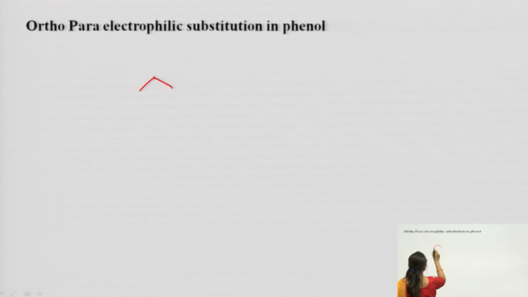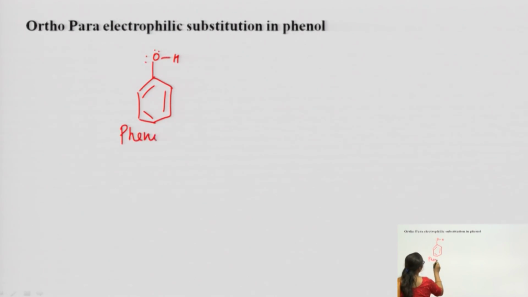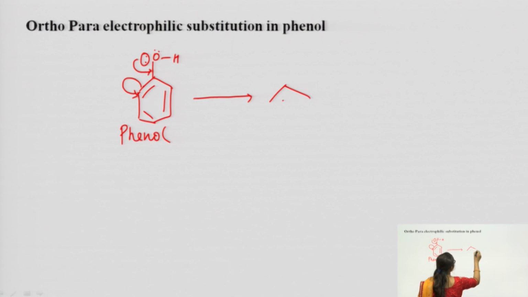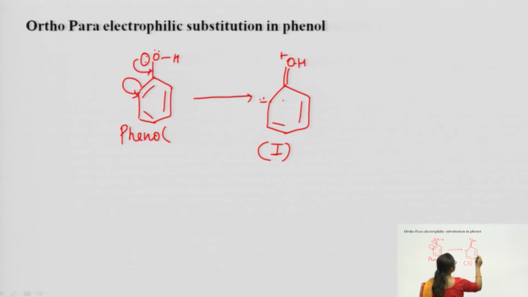See, we are starting with this OH group. This is the structure of phenol. Suppose this lone pair of electrons makes a double bond here, and these bond electrons shift to this position. Then what is the result? See, double bond O plus H, here the electrons come, and this position remains the same. This is the first resonating structure.